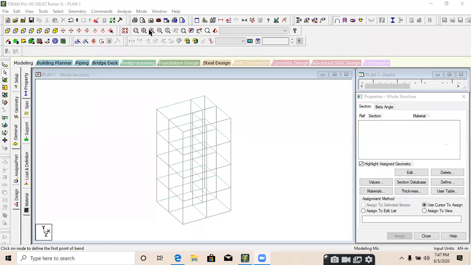Any problem? Pratik, Prashant? In today's class or in previous classes? Yes, we will do steel design also.